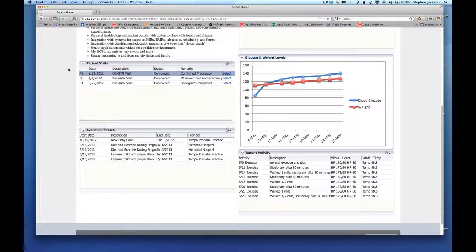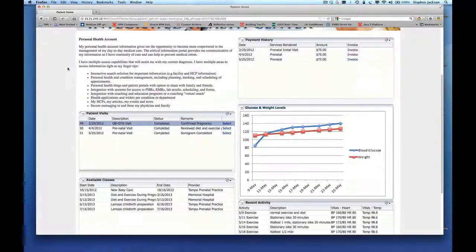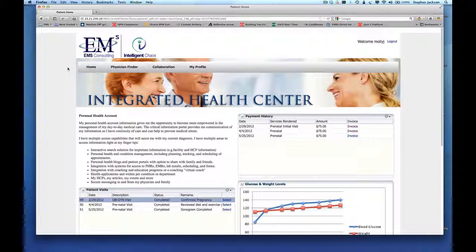So to the left of the glucose and the weight levels, we have a table that represents Molly's visits to the doctor with some pertinent information in the table that we can quickly view. Below this, we'll see some courses that have been recommended to Molly by her care team. The purpose of these courses is to help Molly educate herself for a more successful high-risk pregnancy. Let's go ahead and take a look at the top part of the page now,